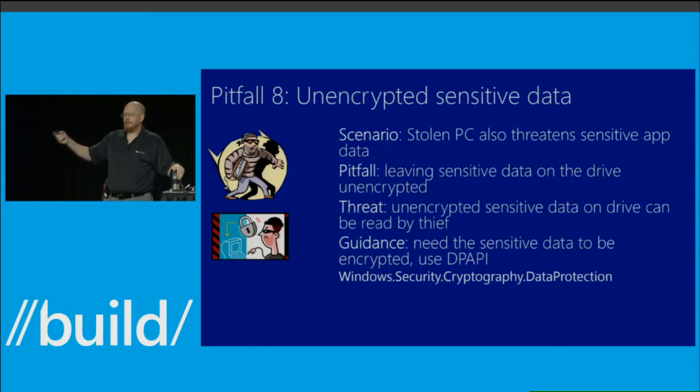So instead of leaving customer data unencrypted on the drive, your app should use DPAPI, which is available in the crypto namespace, to encrypt all your customer data. An alternative to DPAPI would be drive encryption. WinRT devices always have drive encryption on by default if you use a connected account. And on enterprise SKUs, you can mandate that your users turn on BitLocker, or you can use a third-party drive encryption feature to encrypt the entire drive.